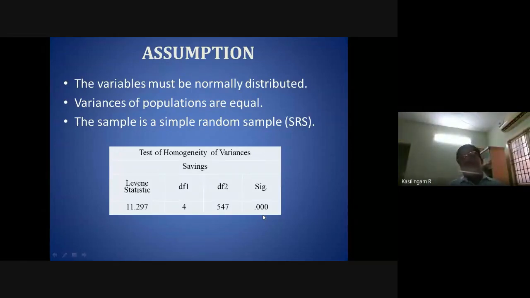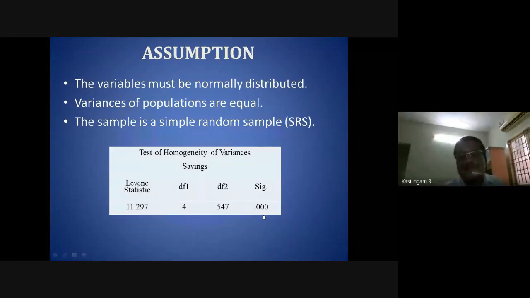Now, homogeneity is an assumption for this test. Normality is an assumption. For all assumption checks, our null hypothesis is that, here we are checking homogeneity, the data is homogeneous, or the groups are homogeneous.